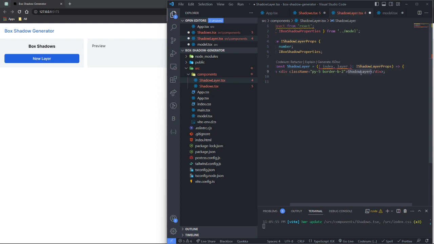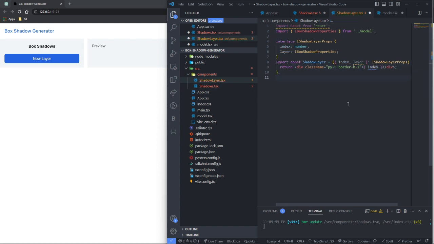And here I can even try and use the index here just for an example. So I'm going to save this,